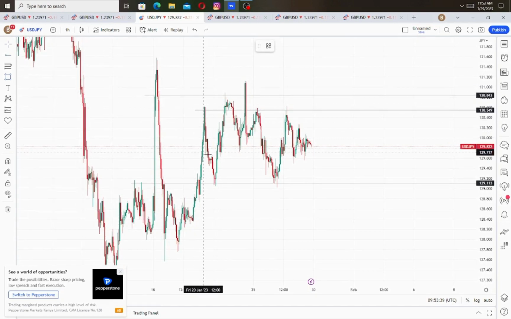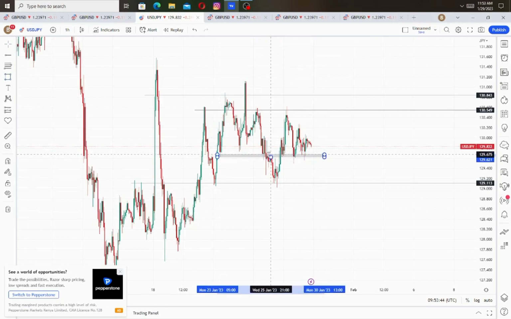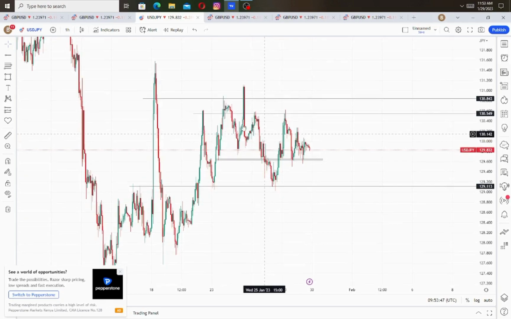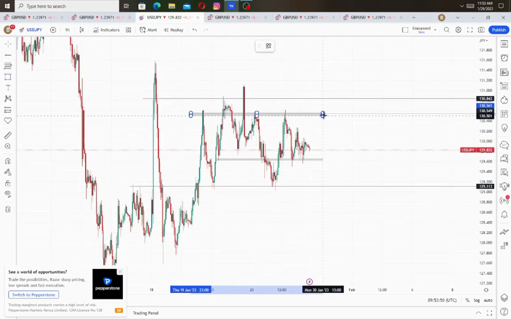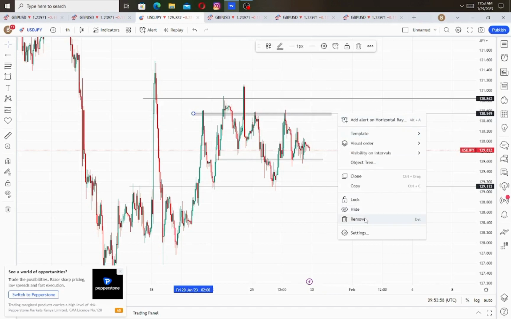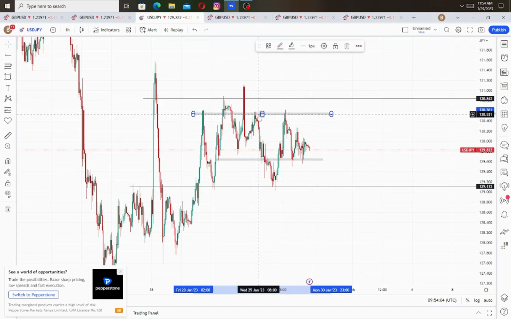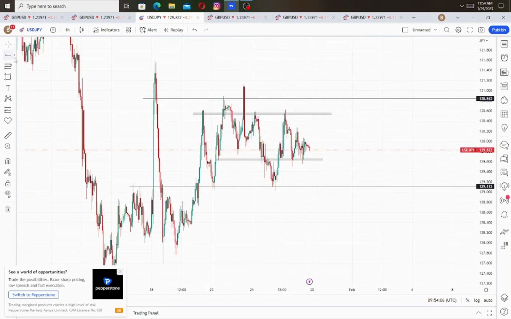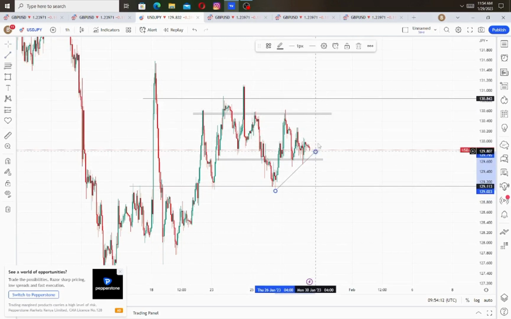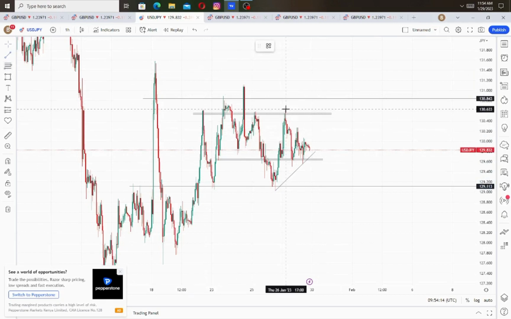Then there's that support area within the consolidation area right there. So this area as well, I can mark it like this. So there's a consolidation area within the consolidation area. Funny, yeah. So I have something like this, and as y'all could see, I had trend lines like this, and I wouldn't usually use this kind of trend lines, but